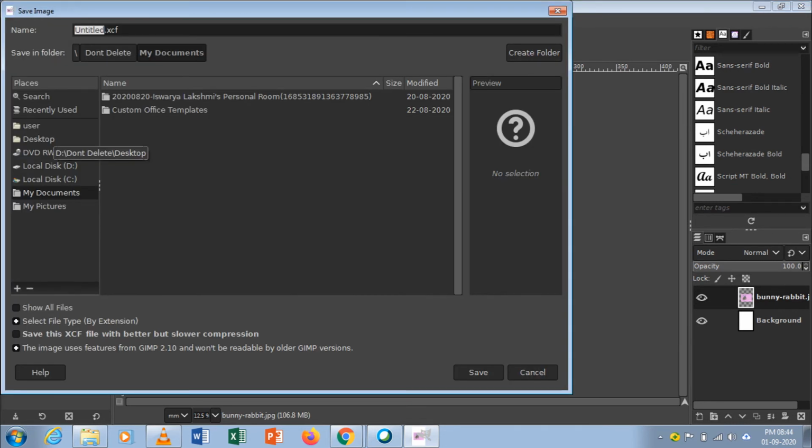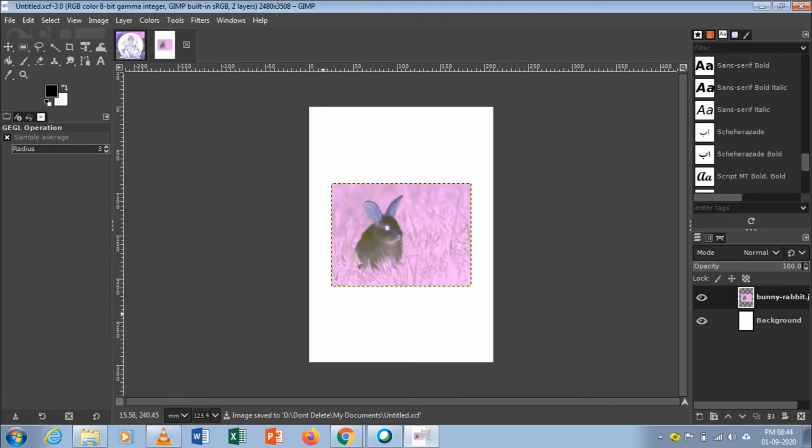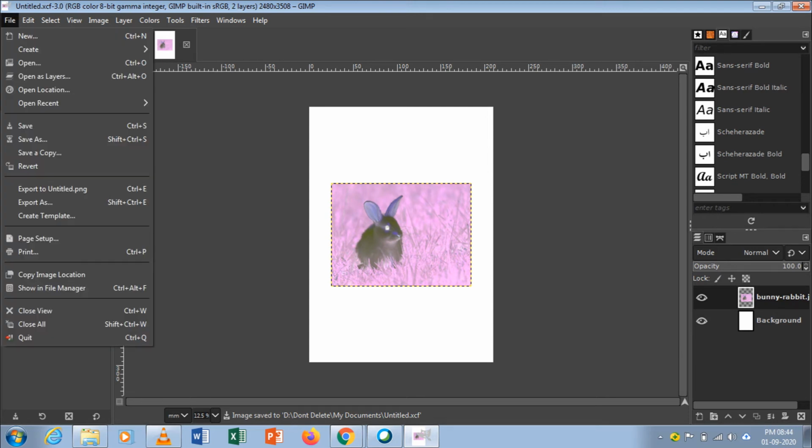Okay, now I saved the file. After saving the file, using the quit option, you can come out from the GIMP software. That's all, children.